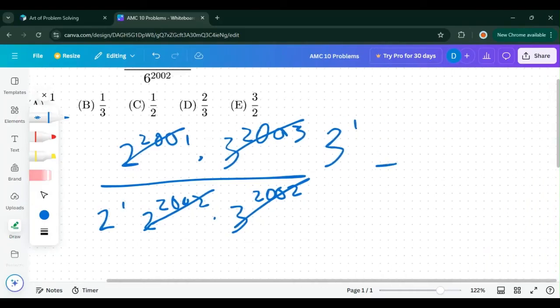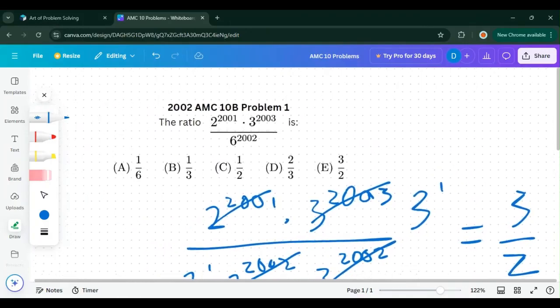So what we have left is 3 over 2. Okay, so the answer is